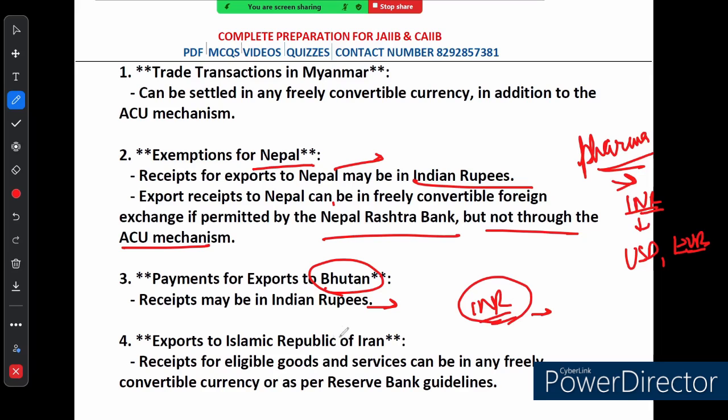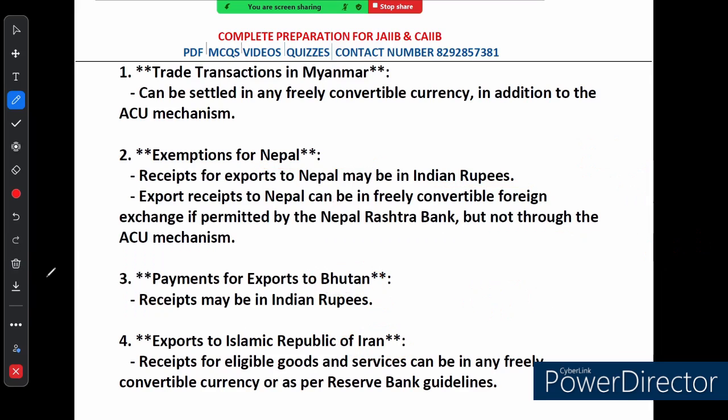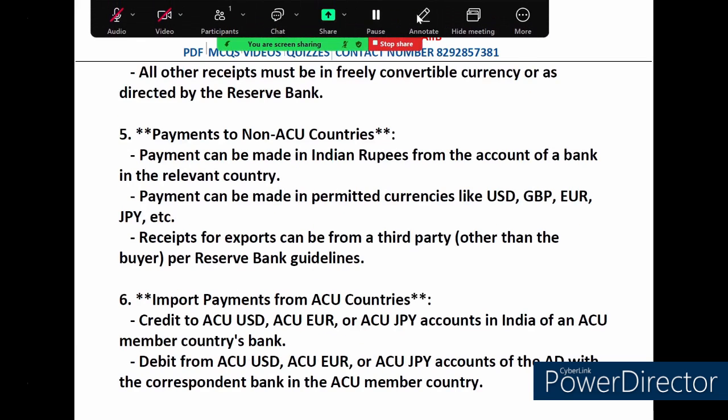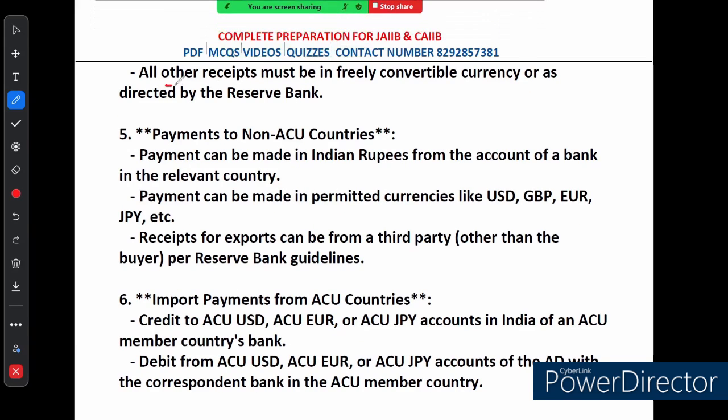Now let's cover Iran. For eligible goods and services, you can receive payment in any freely convertible currency, according to the Reserve Bank of India guideline. This is the key point. And for other goods and services that don't fall under the eligible list, so there is a list which lays down the eligibility, if the goods fall beyond this eligible list, payment must be made in freely convertible currency like